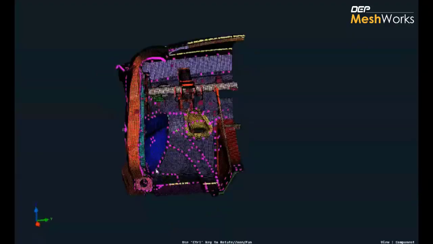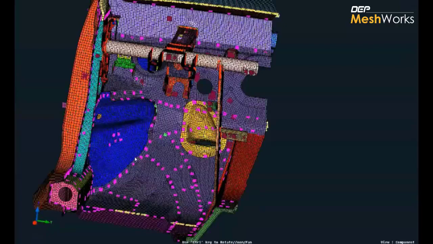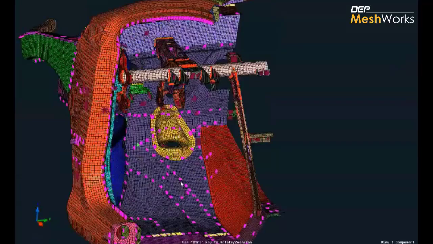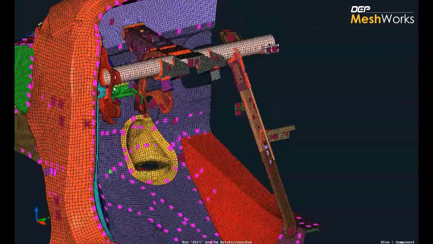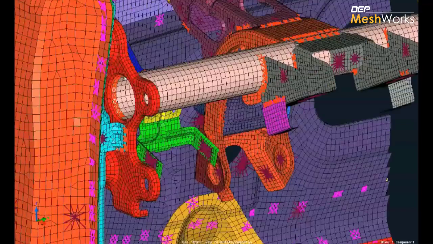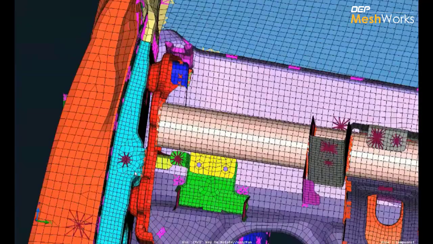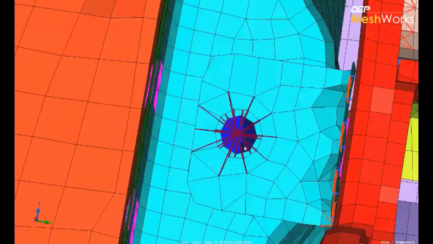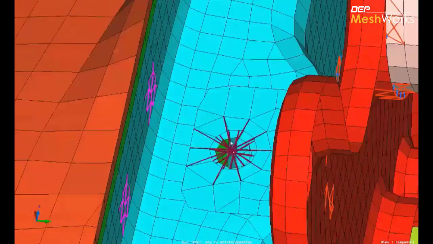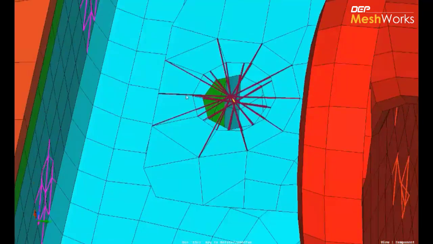So here you can see this is the model that has been converted from Dyna to Nastran. As you can see, all the spot welds, the seam welds, rigids, everything has been converted. And the tool is also intelligent enough to convert or create the bolts. So here it is a connection between two parts, so it creates the rigids and then connects with an interlinked